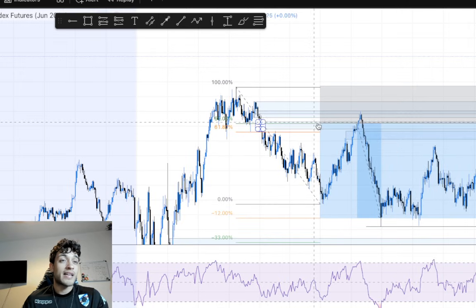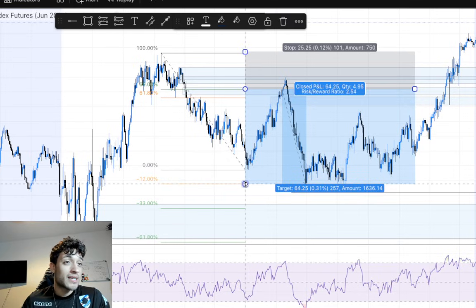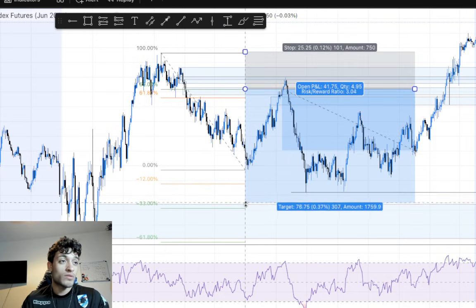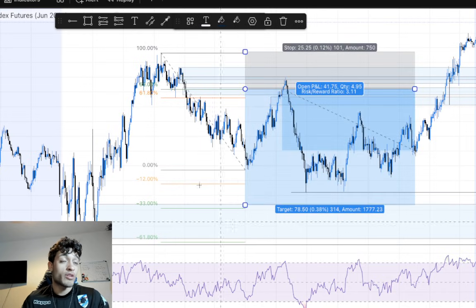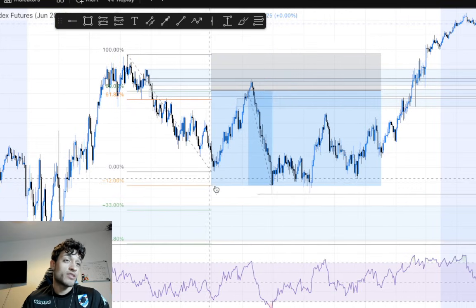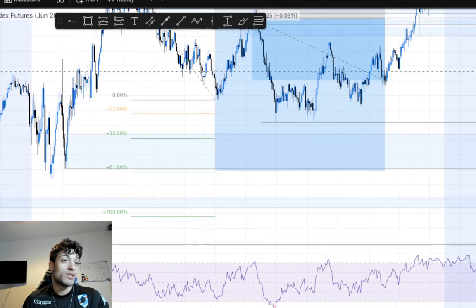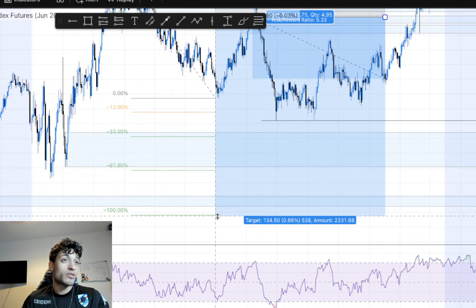I got an entry at the 61% retracement. This was going to be my first TP. It was literally 2.5. I did not take my partials because I really thought price was going to come to this other order block, and I just ended up break even. My plan was to take first partial, second partial, third partial, and fourth partial.